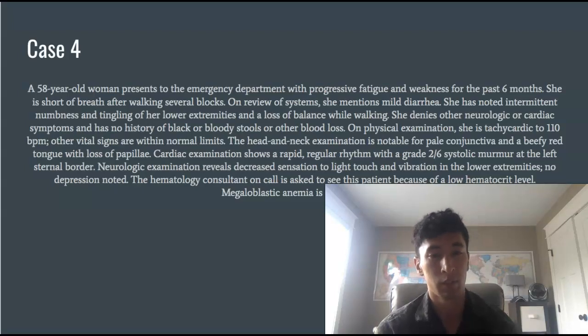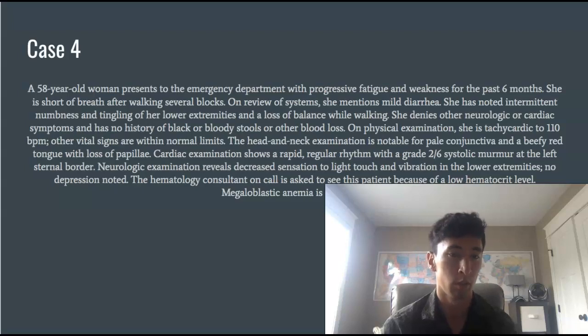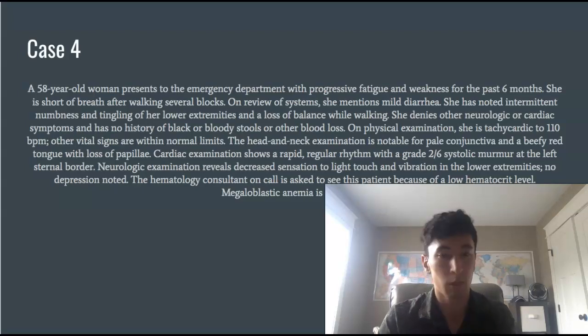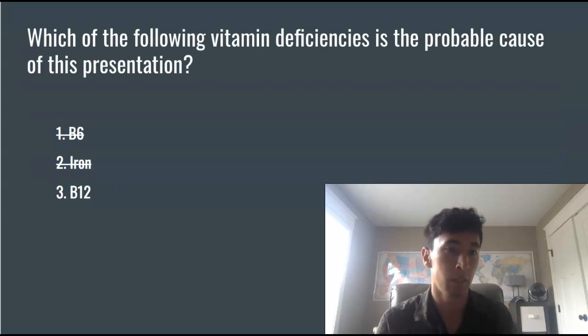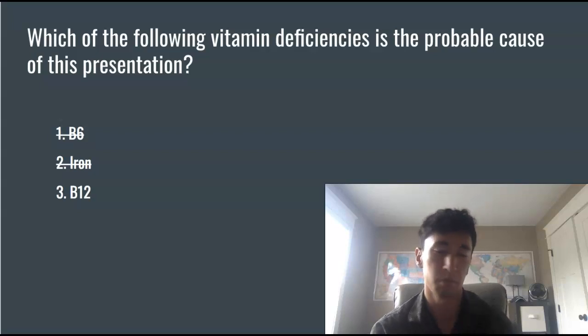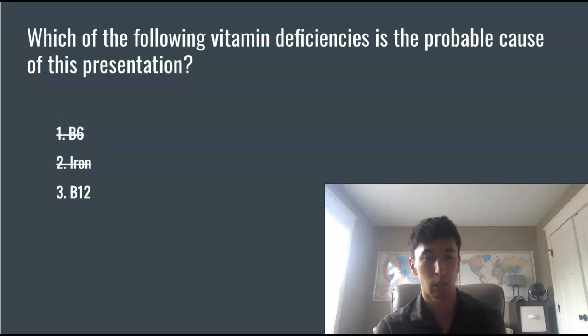And then on the physical exam, we learned some more vital information that led to the diagnosis, or what we suspect as the diagnosis, that we'll get into. So we were looking at 3 vitamins here. We'll show them here: B6, iron, and B12, and figuring out in which one this patient the deficiency was most likely occurring. And I came to the conclusion that B12 is the probable cause for the